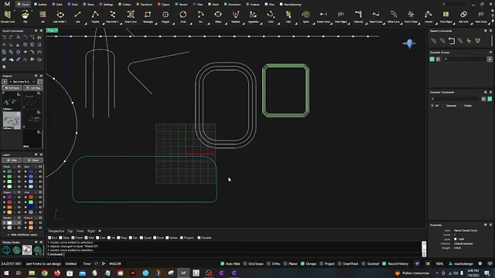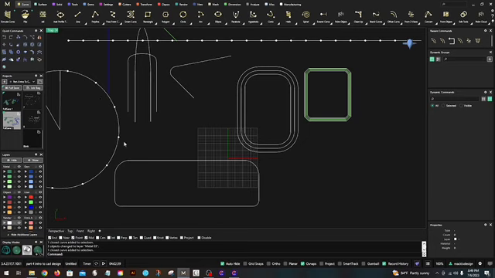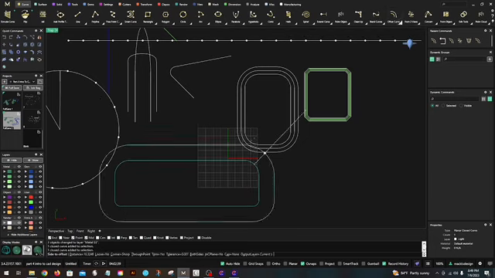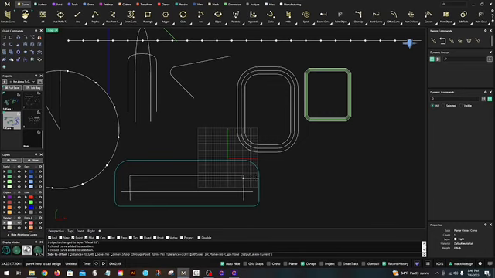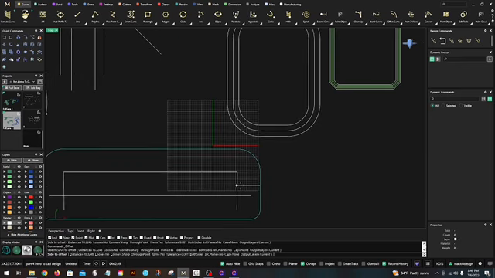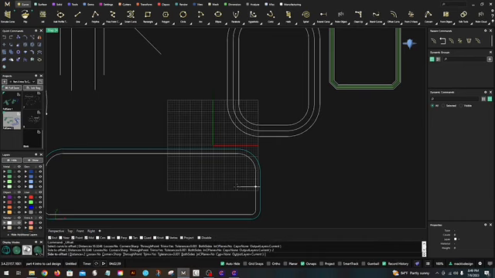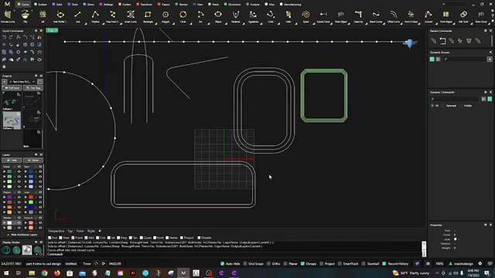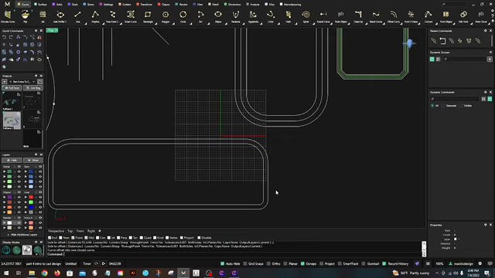Let's take this one and let's offset that. And let's do 0.9. Ooh, that's kind of tiny. I'm going to escape and I'm going to do 2 millimeters. All right. Now, if you wanted to put another line between those two curves, it puts it exactly in the middle, by the way. I'm going to select these two, and I can come up here to my recent commands,